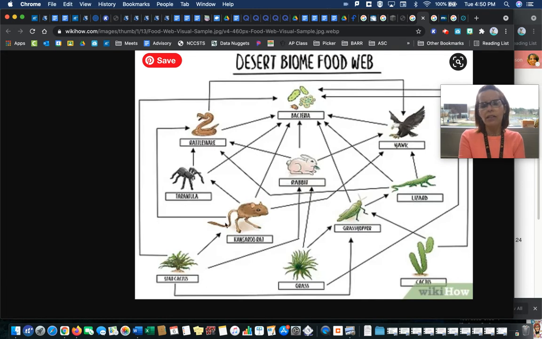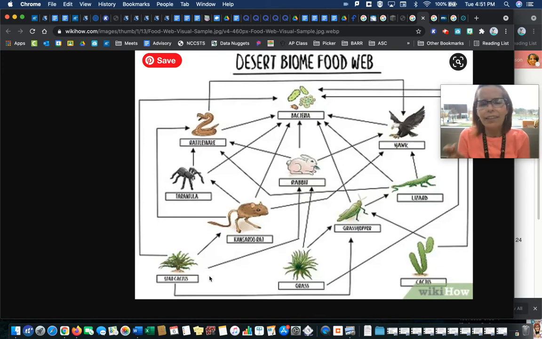The rattlesnakes eat tarantulas and they eat kangaroo rats. So if they can't eat rabbits anymore, and tarantulas are pretty small in comparison to rabbits, they're going to need to eat lots and lots more of the tarantulas and lots more of the kangaroo rats, which means their populations are going to start plummeting. And then over here, the hawk, if the hawks aren't able to eat the rabbits, then they're going to have to start eating more of the lizards and more of the kangaroo rats. Oh, and look, the kangaroo rats are getting eaten by the rattlesnakes. Oh my gosh, just losing the rabbits is going to have an impact on every single organism in this ecosystem.